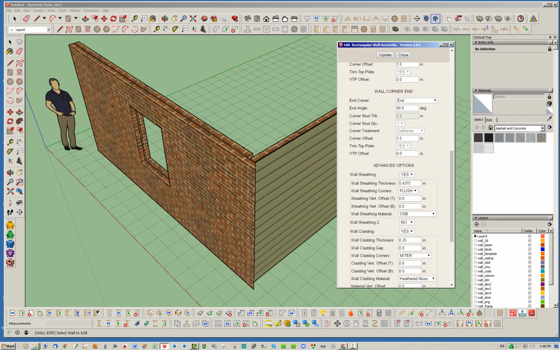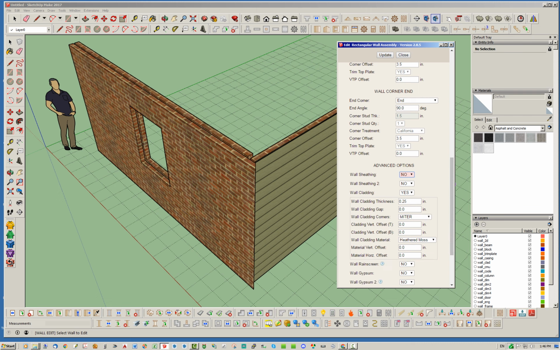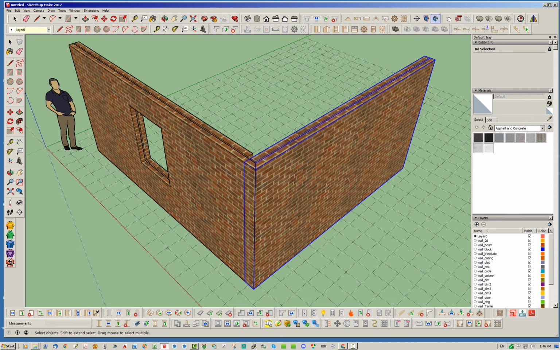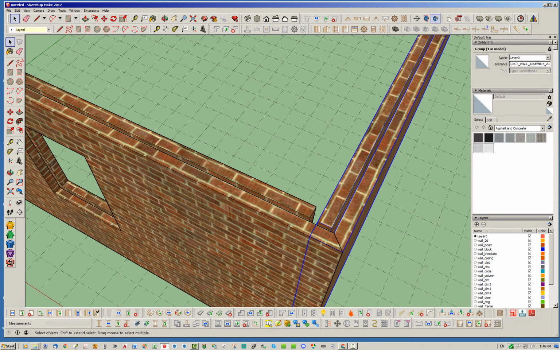But first, let's go ahead and get this wall done. So turn off the wall sheathing again, change the wall cladding thickness to 3.5, put in a 1-inch gap, and change our material to red brick. All right. Okay, so now you see, because we previously started with a 5.5 inch wall, the corner offset